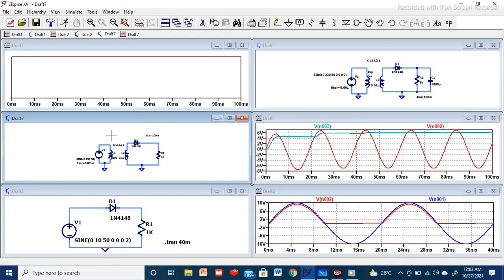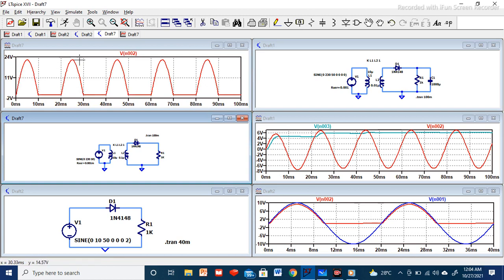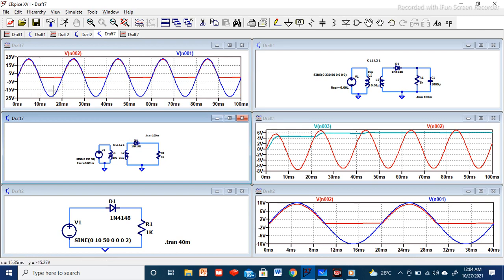Okay, we have simulated. Now my circuit is present here, which is the same thing I have shown you in the beginning, except the capacitor. Now if I want the voltage across this R1, we know that when we have this red color symbol, if we click it across the resistor, I am getting the output voltage. And if you want to see the input voltage here, we can just click it here. Yes, so this is our input waveform.